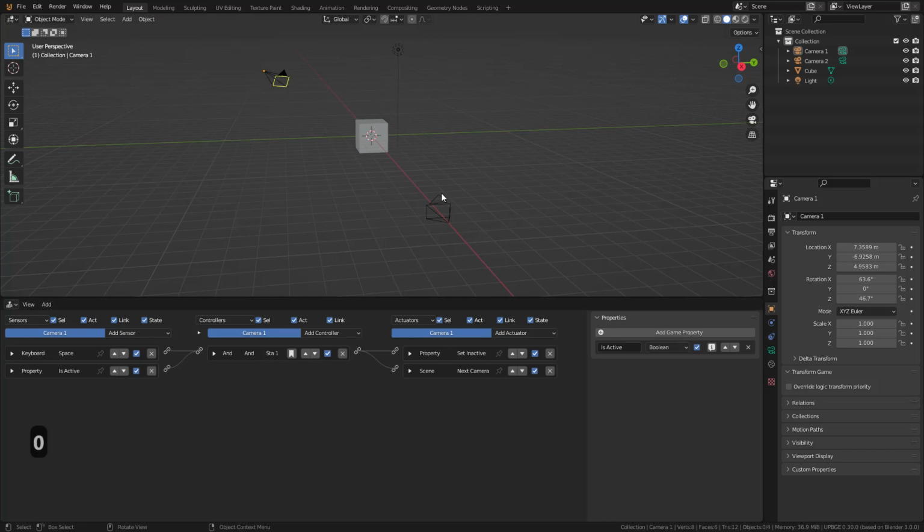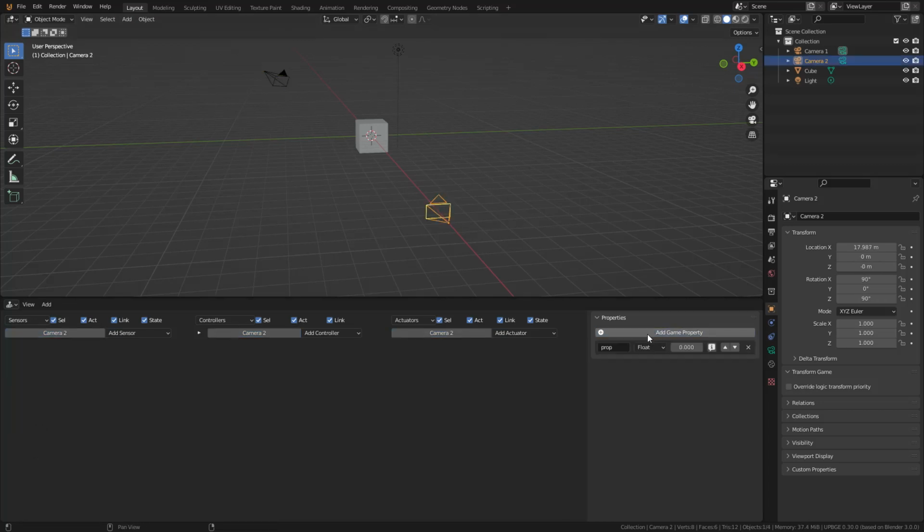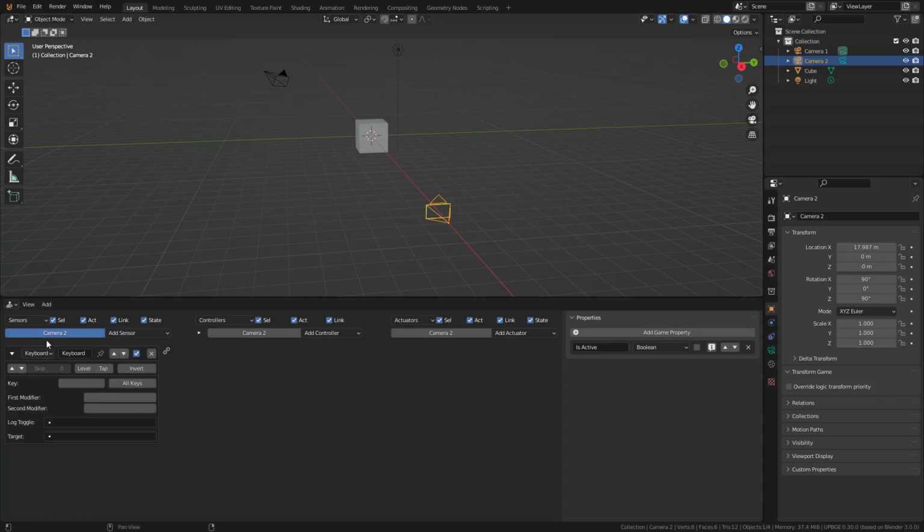I want to set up similar logic on my camera 2. So I'm really going to just go through the same exercise again. I'm going to set up a property is active. I'm going to make that a Boolean. And since this one is not initially active, I'm going to leave it unchecked. But I'm going to have the same logic again. If the user presses the spacebar, and I want that to be a tap, and the property is active is true,